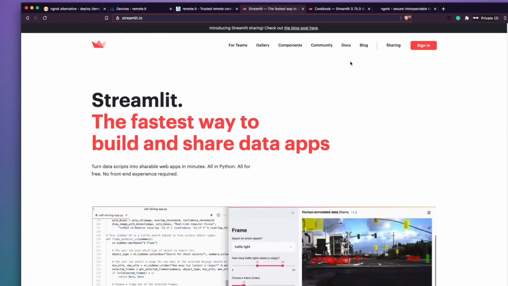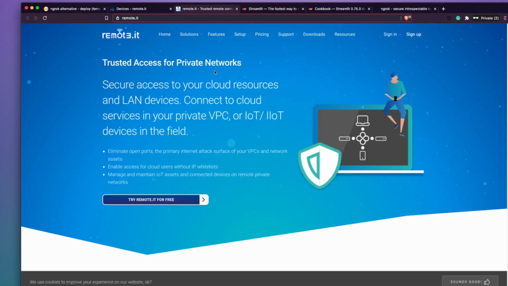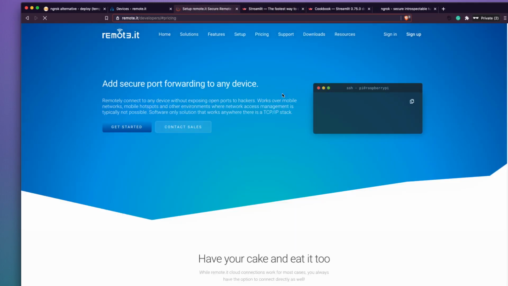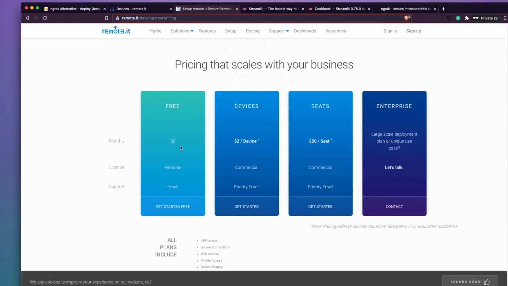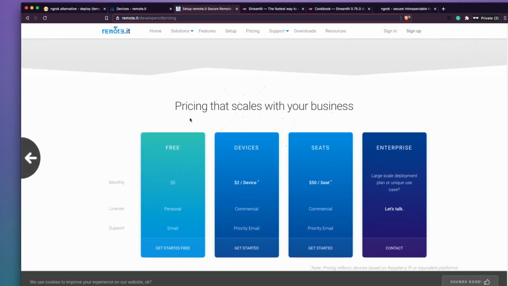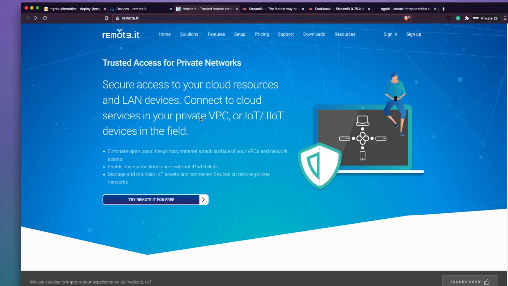So the first step is, let's quickly go ahead and register for Remote.it. The pricing, if I want to show you, I'm not anyways associated with Remote.it, so that's something that I wanted to highlight. They have one free plan, it's for personal use. Please keep in mind that if you are a hobbyist, or you are using it for a college assignment, then it is good. But if you want to use it for commercial purposes, try to take their commercial license. So first sign up for Remote.it.